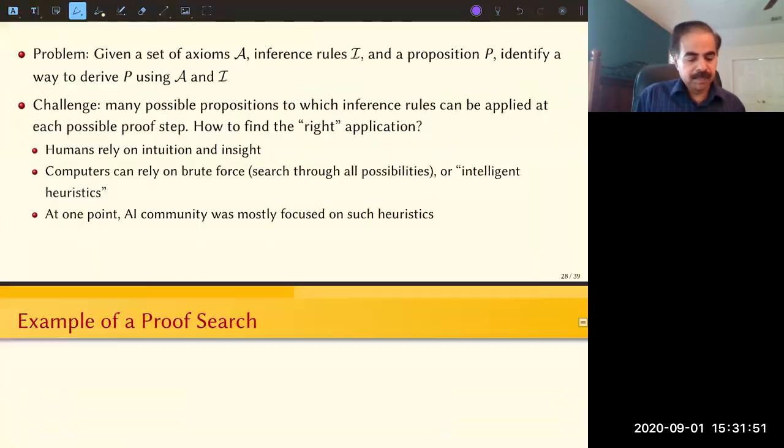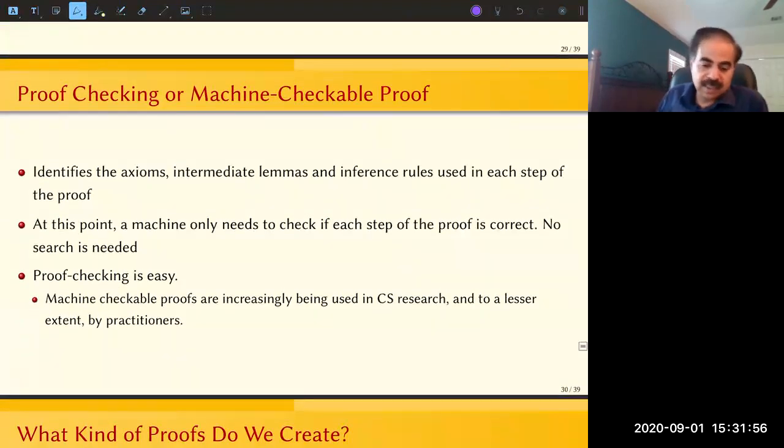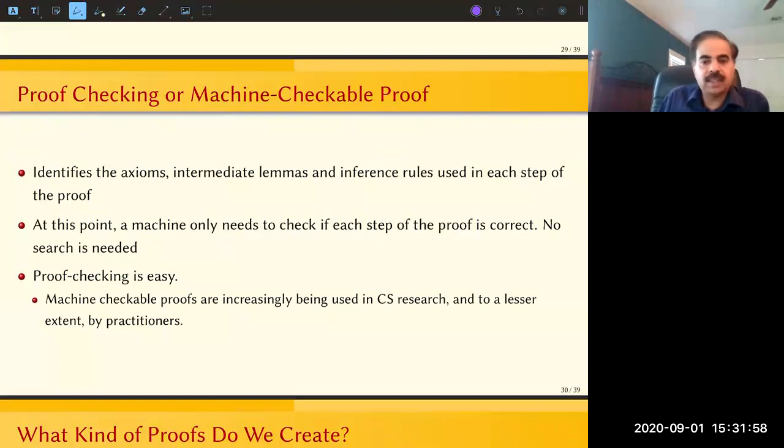So essentially what has happened is that this area of automated theorem proving remains a very active area of research, an area where people have worked ever since the beginning of modern computers. But it still remains an area where progress has been made only in very limited contexts. And we are just now beginning to see progress in an area called machine checkable proofs,